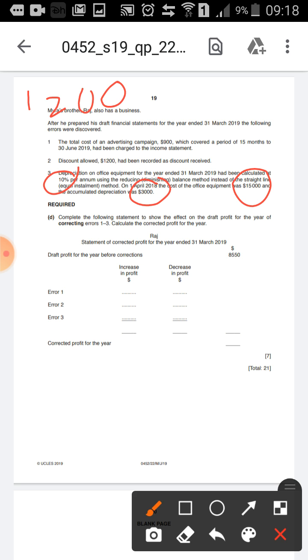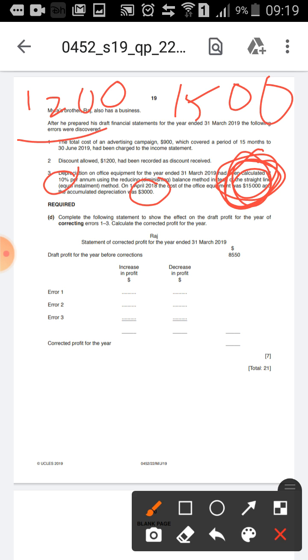करना कितना चाहिए था, करना चाहिए था स्ट्रेट लाइन मेथड से. स्ट्रेट लाइन मेथड में क्या होता है, ये जो बुक वैल्यू है, मतलब जितने पे ख़रीदा था उसका 10% ही, जो कि है 1500. मतलब मैंने डेप्रिसिएशन कम चार्ज करके रखा है, ज़्यादा चार्ज करना था. एक्सपेंस बढ़ गया तो फिर ये प्रॉफिट को क्या कर देगा, डिक्रीज़ कर देगा. और यहाँ पे लिखना है 300. ओके